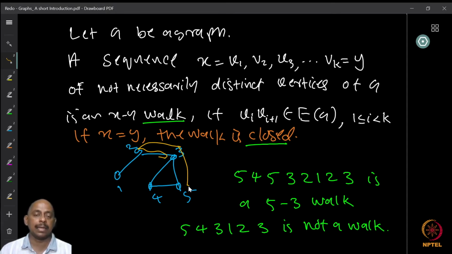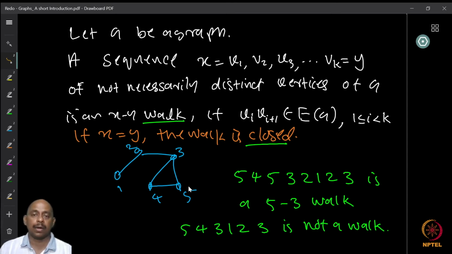So basically, I have taken a walk, right? Supposing that this is a road network, I can think of this as a walk. From the point 1, I go to 2 by the road, then 2 to 3. Then for whatever reason, I decided to walk back from 3 to 2 again. Then I go to 3 again once more, and then go to 5, and then I decide, okay, enough of walking today, and I stop. So this is called a walk.